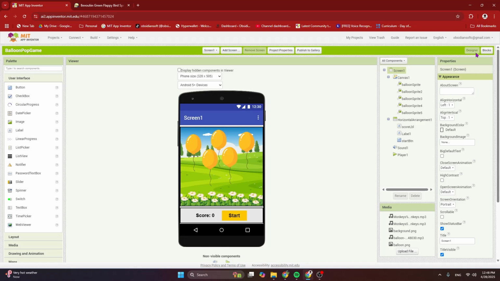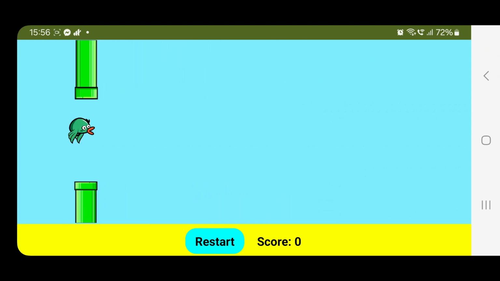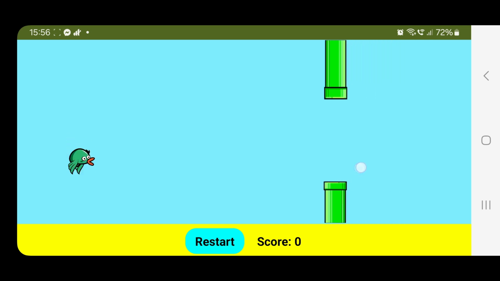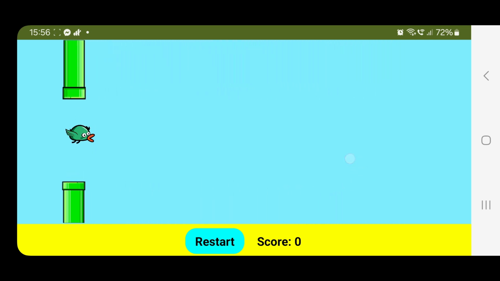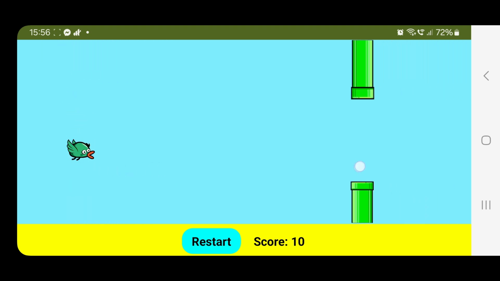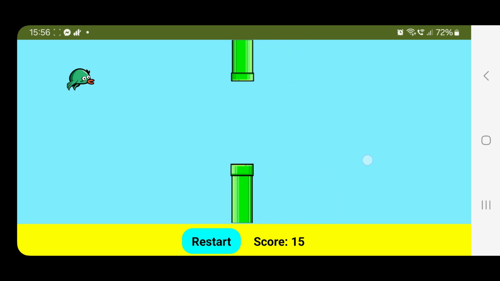Today, I will teach you how to make the iconic Flappy Bird game in MIT App Inventor. Let's have a look at the demo. So when we tap on the screen, our bird goes up, and as you can see, it's a flying bird. That is, the bird has the flying animation and it has to avoid the pipes and the top and bottom